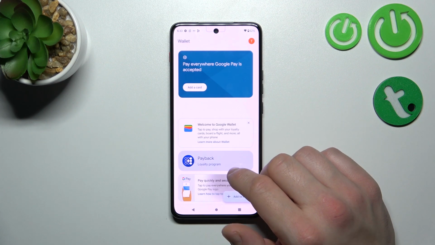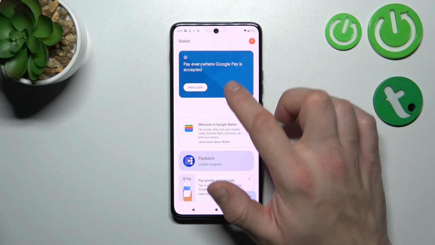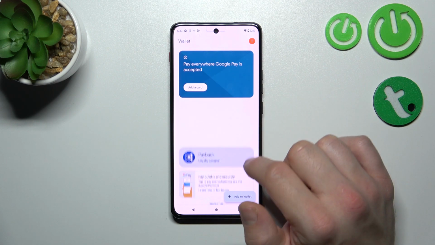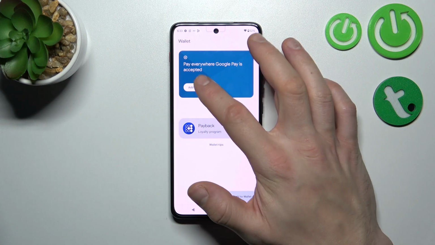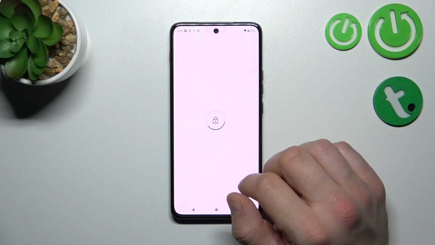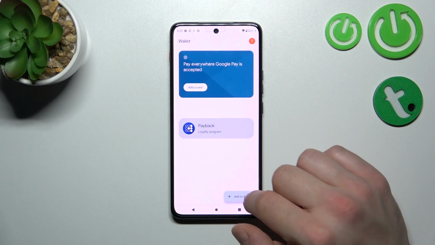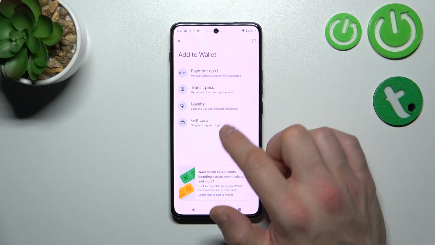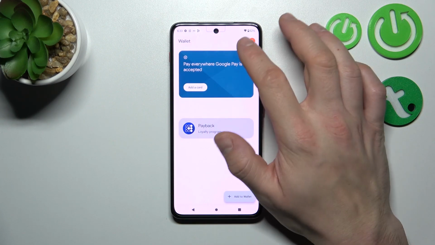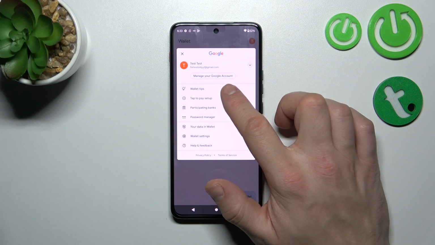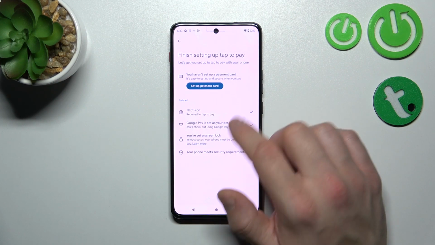As you can see from the homepage of this app, you've got access to quick wallet tips, your passes, and then you can add payment card to your Google Wallet and add new passes like transit pass, loyalty and gift card. If you go to menu, you've got access to all wallet tips, tap to pay setup, where you can